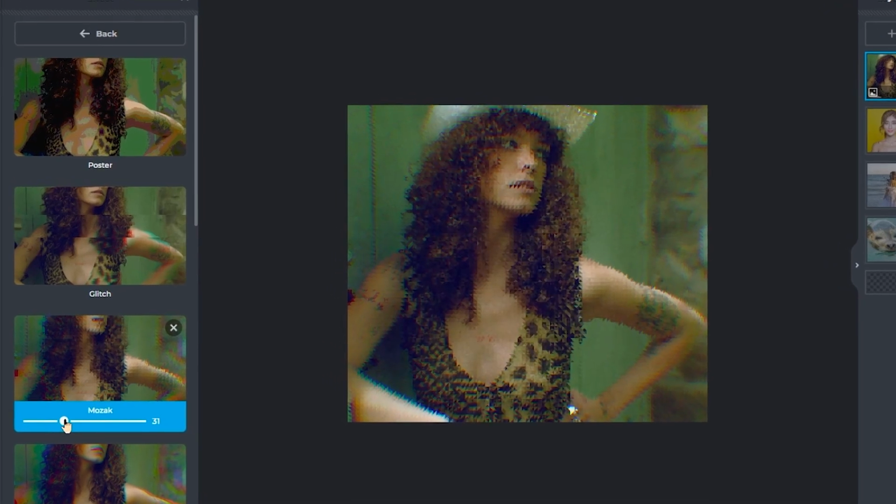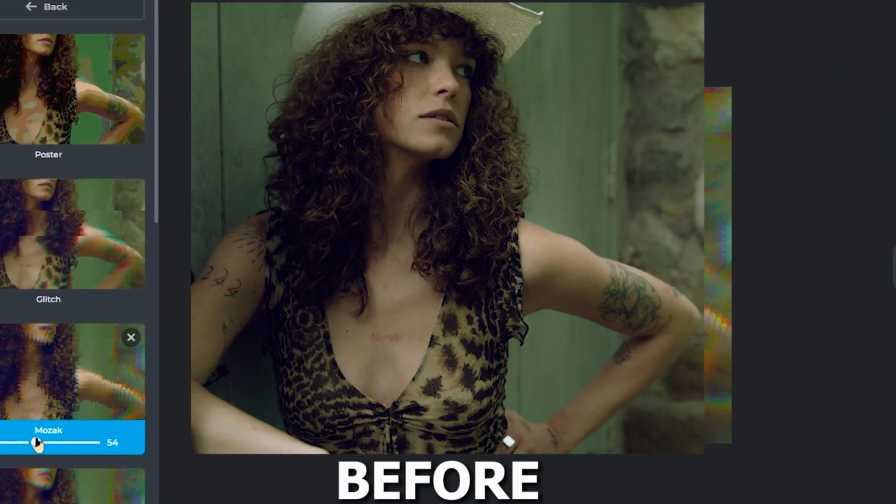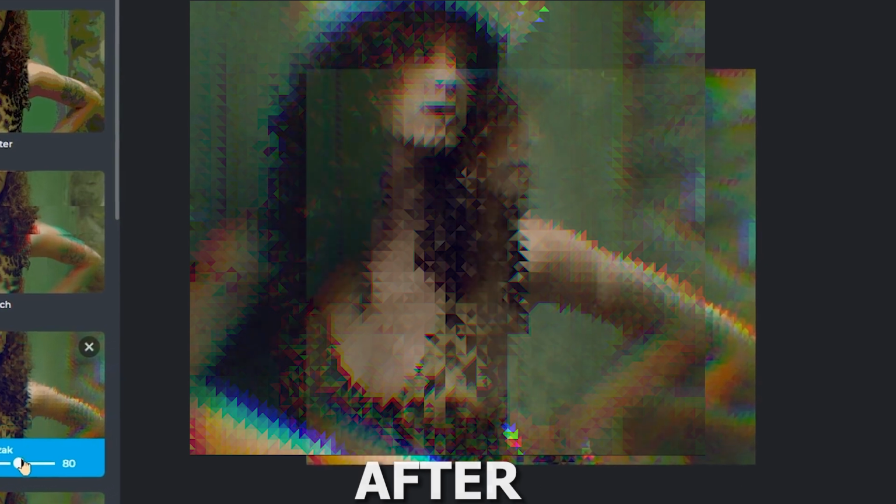In today's tutorial, I'm going to show you how to create a mosaic image, picture, or photo effect in Pixlr